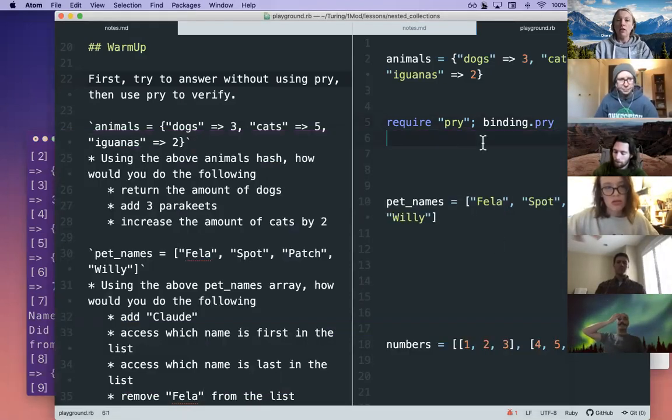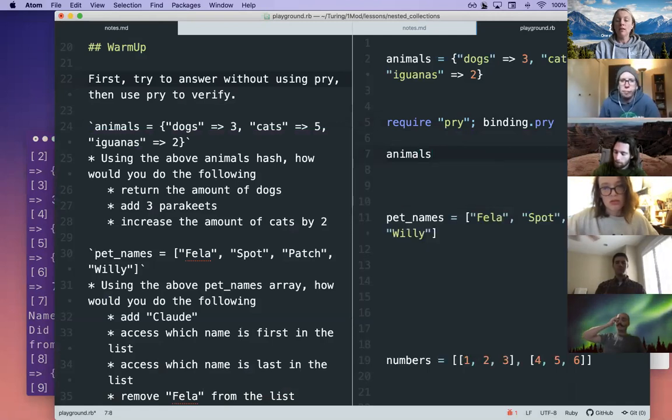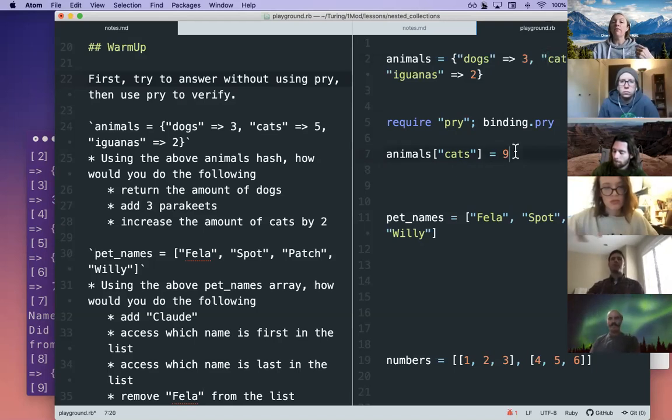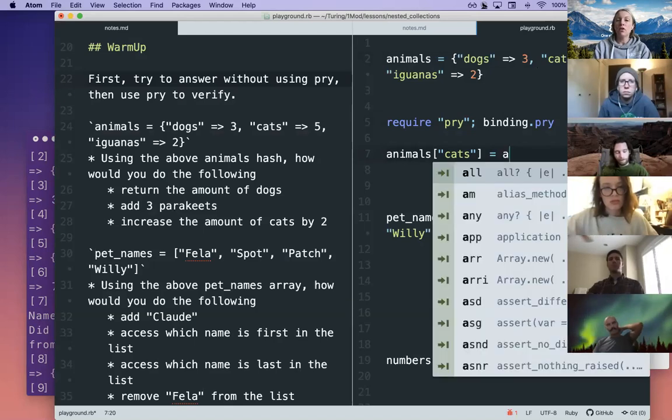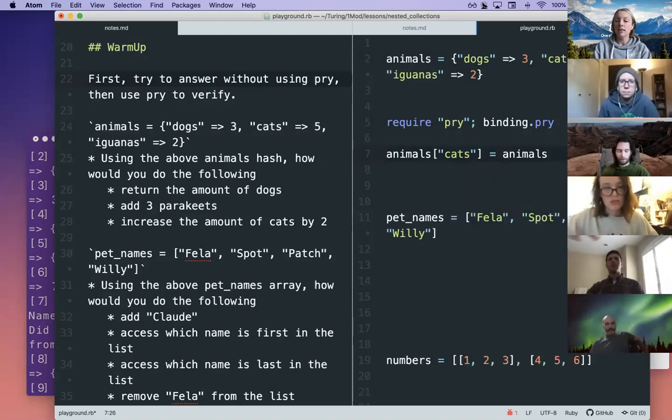Let me do this in here. So if we did animals, cats, and we knew we wanted to increment it, what we could do is just use our assignment operator. Because remember, if we assign a value to a key that's already there, it will just override it. So if we did this, it would just override this value of 9 to a 5. But what we want to do is, we don't know how many cats are in there. So if we do a query like this,